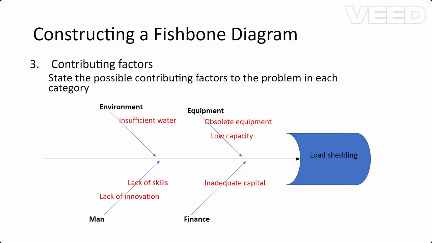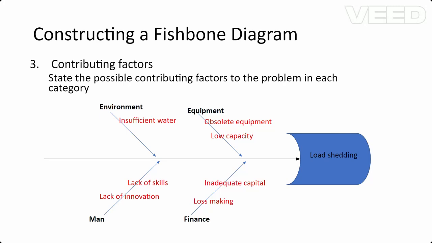We may also have inadequate capital under finance. Maybe the utility company is loss making. That's why it's affecting the output, which is leading to low supply or shortage of supply, and which is subsequently leading to load shedding. So within these bones, within these categories, there are also subcategories which you need to now